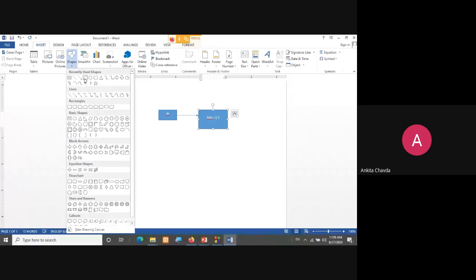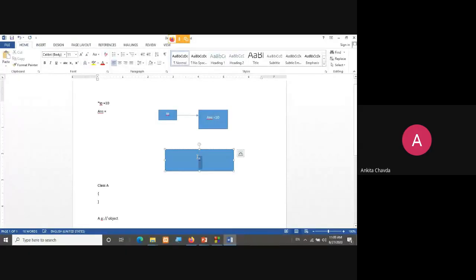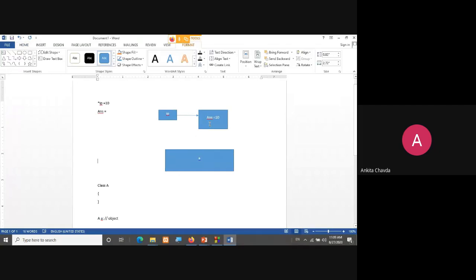So this is my object A, right? And this is my variable answer and this is my pointer ip, right? So now I'm having my pointer on my object only. I'm having one pointer on my object A. This is my normal variable and this is my object of the class, right?